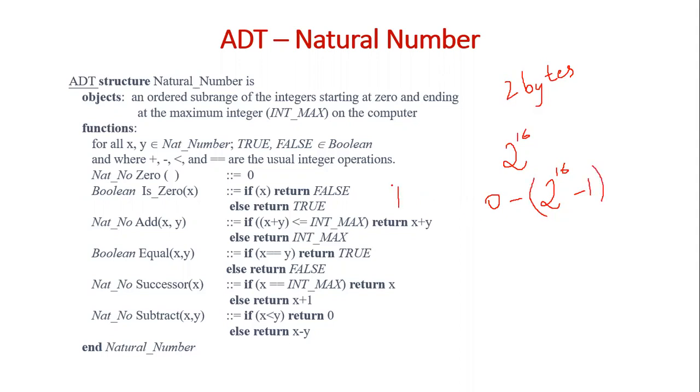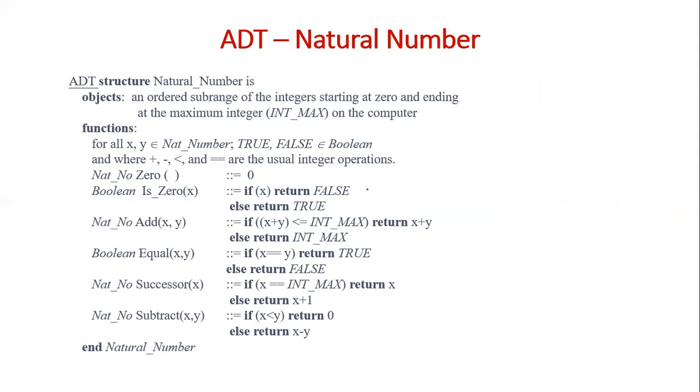Range is 0 to 2 to the power 16 minus 1, whereas the number of values that can be stored is 2 to the power 16. The total number of values that it can hold is this many values, max 2 to the power 16 values. Okay. So actually it depends on the number of bits that is allocated. So if there is n bits, then maximum it can hold 2 to the power n different values. So this also can hold 2 to the power 16 different values, which ranges from 0 to 2 to the power 16 minus 1. Okay.